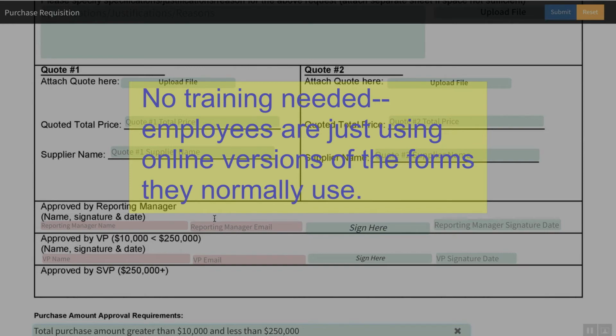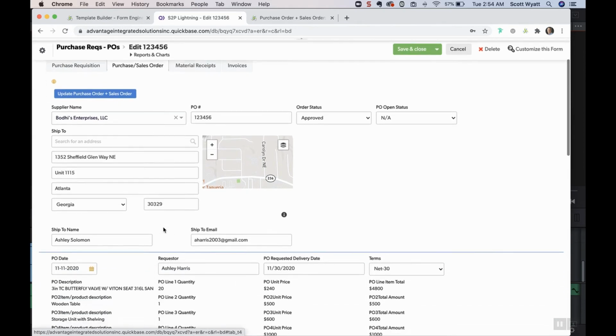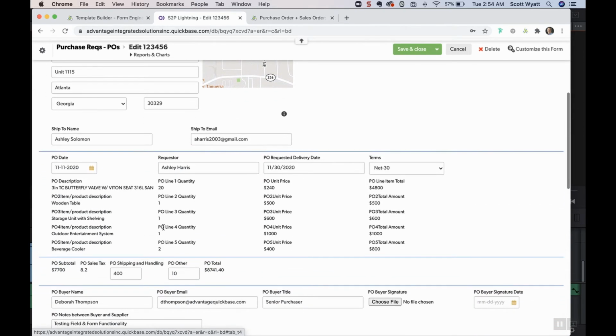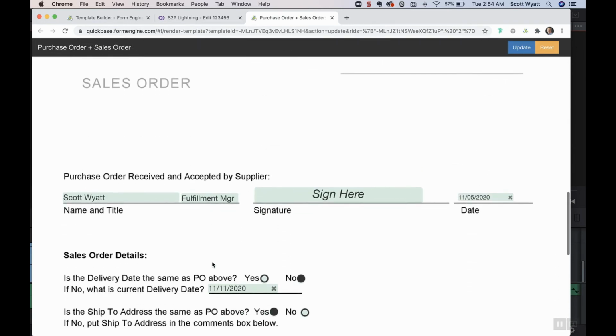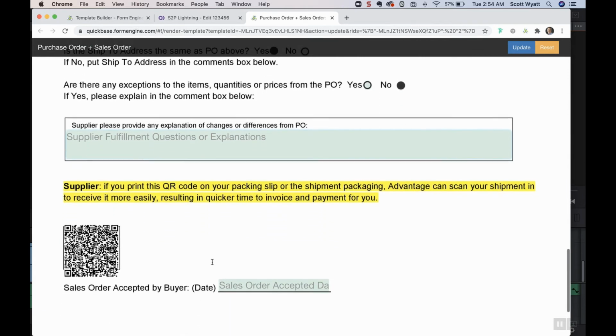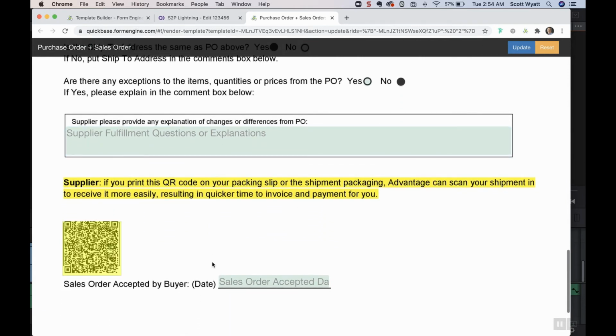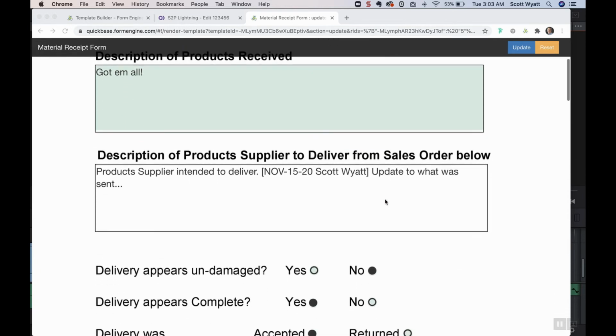If you want to automate the process even more, approved purchase recs can automatically become POs, which automatically go to the chosen supplier to accept and provide delivery details, all from this one form in your business format. The form engine can even auto-create pre-filled material receipt records with QR codes that suppliers can print on orders. So any of your employees can easily receive orders as they are delivered in seconds, just using their smartphone camera